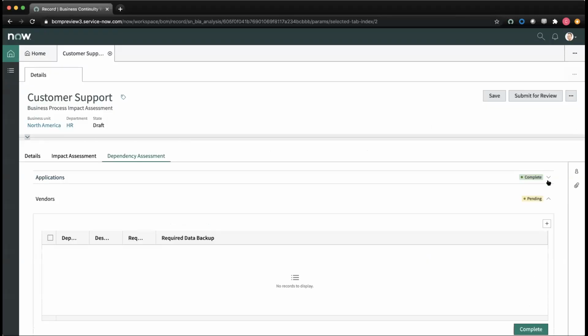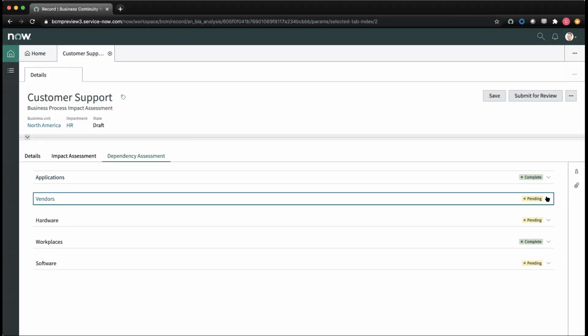So once the BIA has been completed, you can submit it for review, and then that will go through that approval process, allowing department heads and business continuity leads to have the final say and approval on that particular BIA record here. So that's the first step in the process, is really understanding our critical business processes,